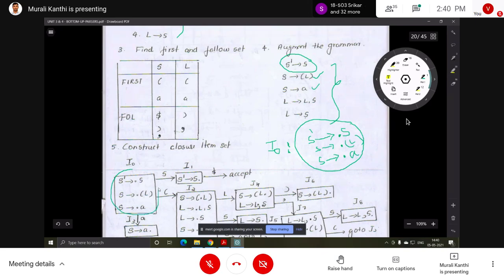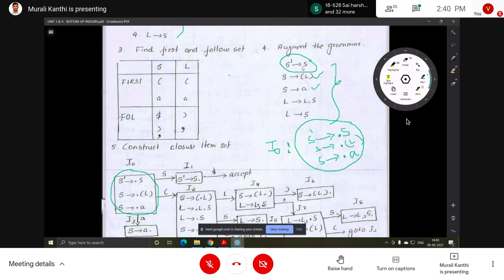This is I0. Okay, so first take the first production, S' implies dot S, take a dot. After the dot we have to see which symbol is there, non-terminal or terminal. If it is a non-terminal, add that non-terminal's productions to the set.